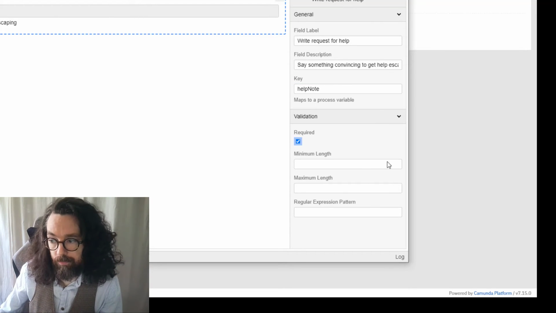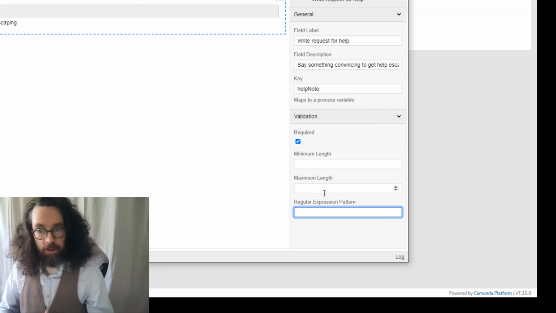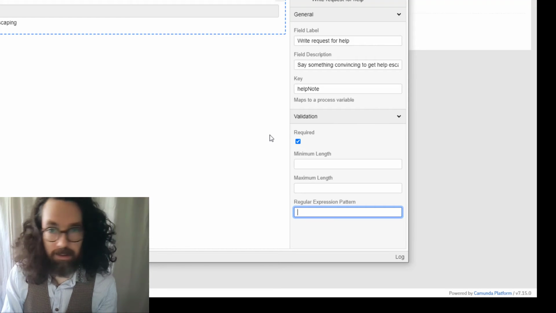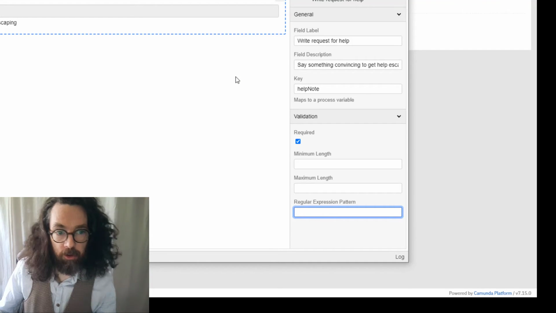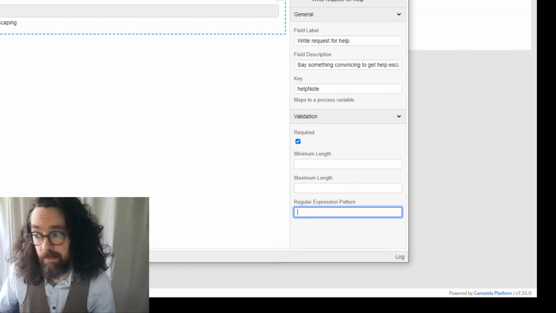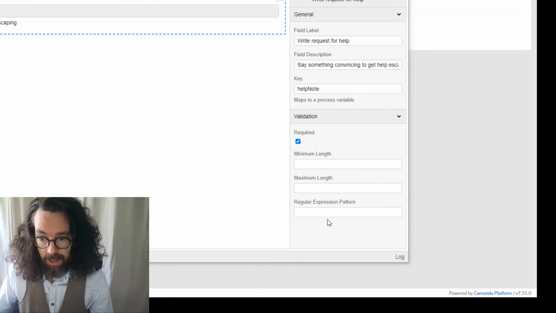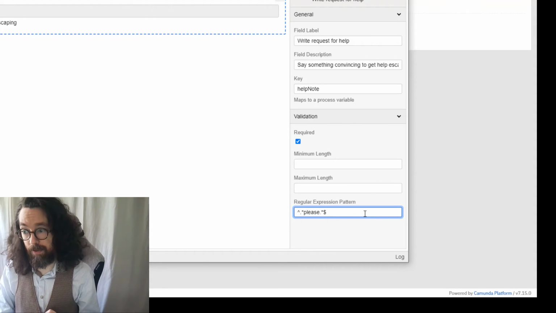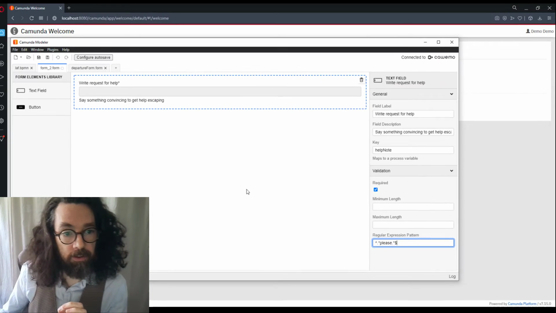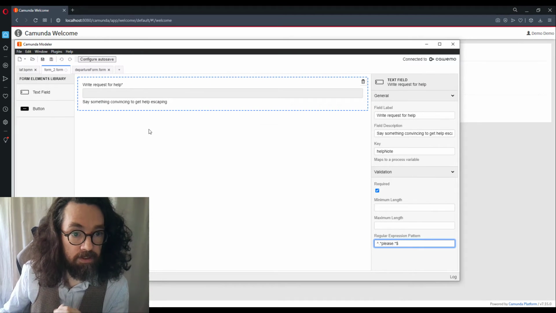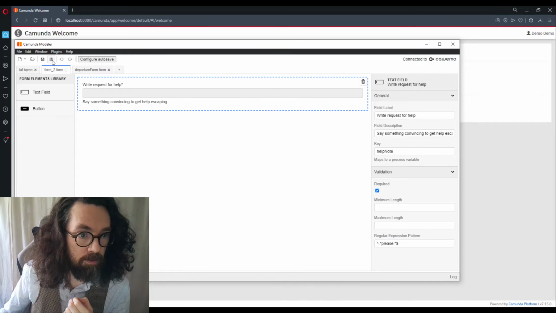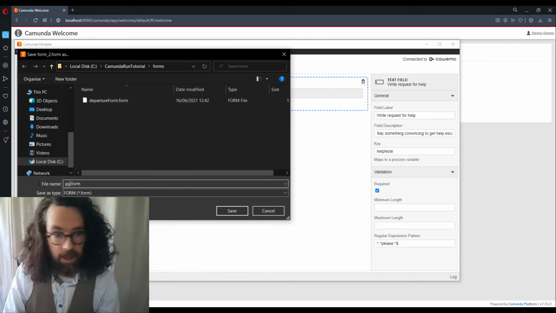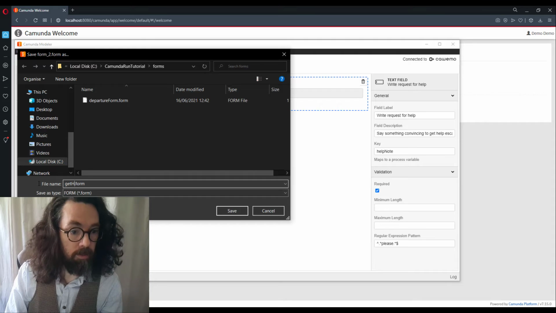Now also, this does need something. Now, what does every good help request require? We want to make sure that Lafayette has the most success, and therefore we will require him to somewhere in this say please. It's a very good word to use, and I'm just going to add in the regular expression here, a simple expression that ensures that he at least adds please to this. I'm going to save this first of all, and this is going to be called get help, ask for help form.